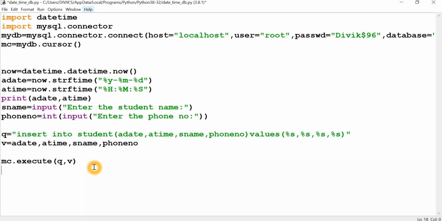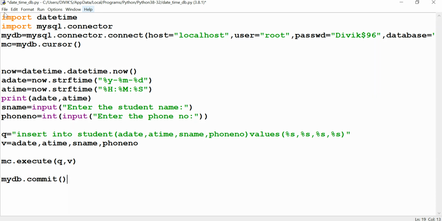Finally you want to commit this database. Why are we committing? Only then whatever changes you are doing here, whether updating, inserting or deleting, will be saved. Only for those changes; for a select statement, no need to use the commit function. So totally here we are using 4 functions. The first is the connect function, which requires 4 parameters. The second function is used to create the cursor. The third function is execute, where you pass the query as well as the value. The fourth function is the commit function.